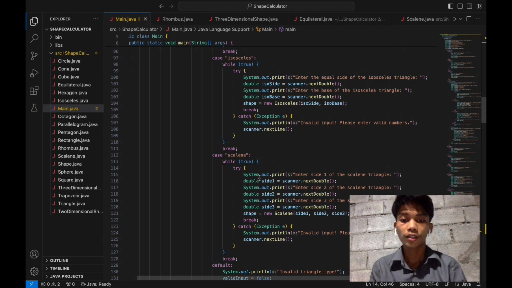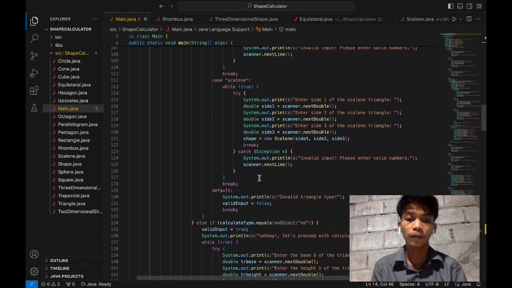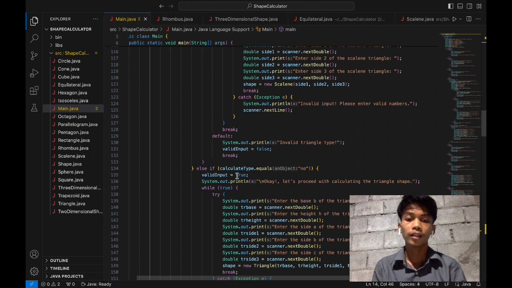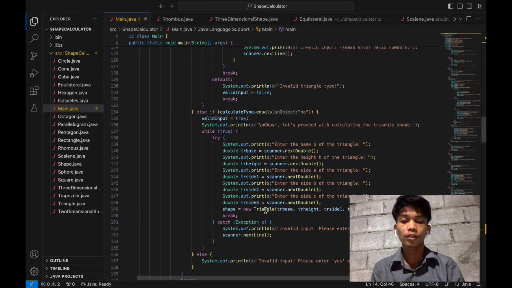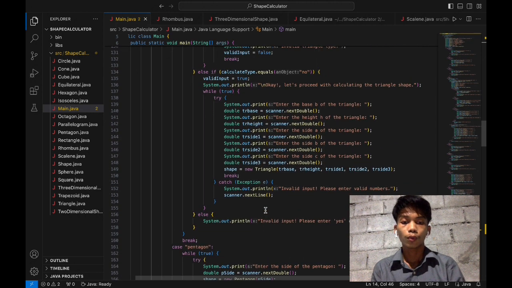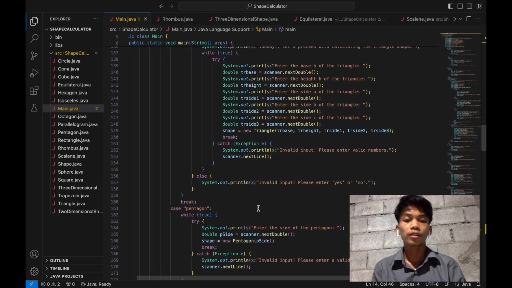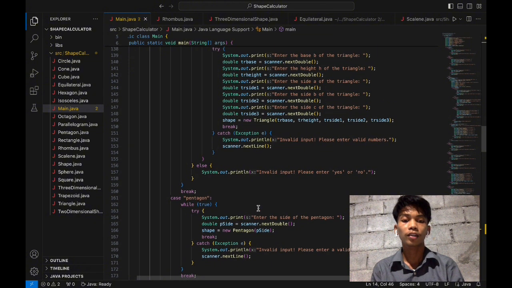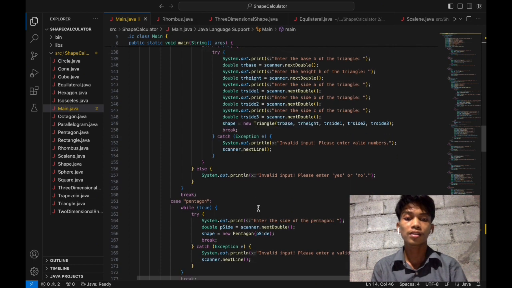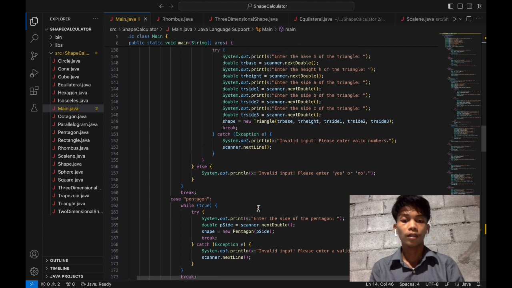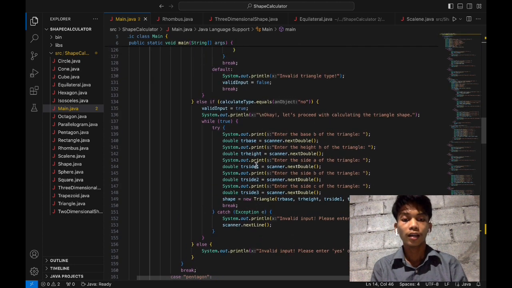If the user decides to specify the type of triangle, we enter another nested loop. If the user selected no, it will proceed without specifying the triangle type, and then it will ask for the base, height, and side of the triangle.